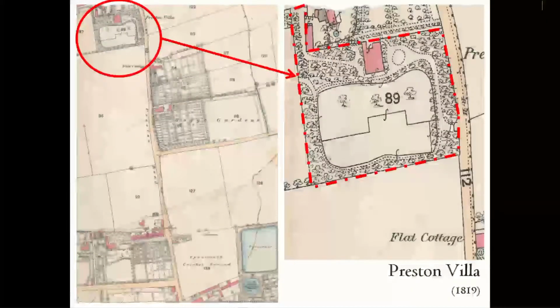And then this other house Dobson designed that year was Preston Villa, just off the Preston Road, and the edge of Preston Village up here, the site was there. Again, a big house in gardens. This was actually designed for John Fenwick, who lived there until his death in 1822. Then the house was occupied by various members of the Fenwick family until